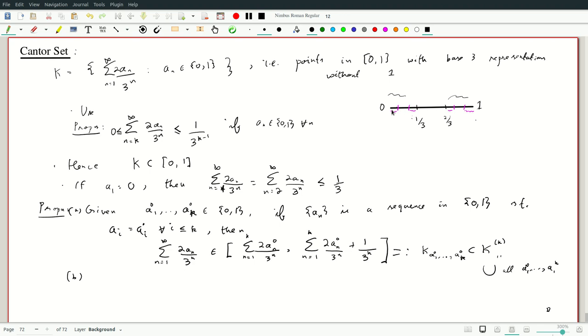So firstly, at level 0, if you are both in the same of these sets, the first set here is what we would call K0, and this set is called K1. Two points in K0 are a distance at most 1/3 apart. Similarly, two points in the same set at the next level are a distance at most 1/3 squared apart. And conversely, if your distance is strictly less than 1/3, you must both be in K0 or K1. Just using the same inequality again and again, which is obtained by summing geometric series, we can observe